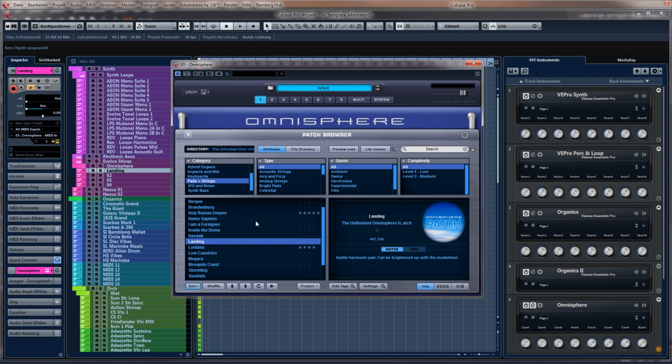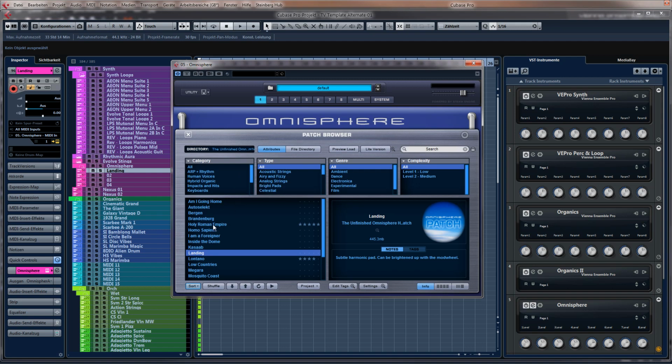These are not set in stone. I mean, this is ever changing, but using Omnisphere a lot in that type of music, and so I don't want to go into the VEPro window every time I want to work on Omnisphere,